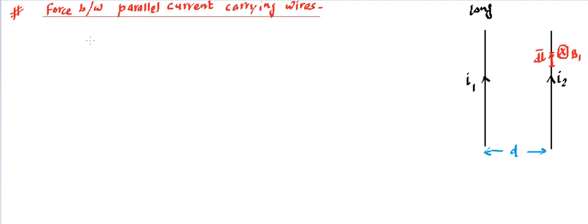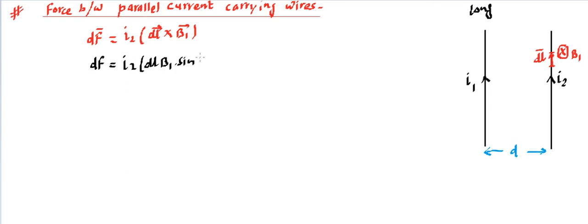So the force on wire 2 is going to be the vector dF, which is equal to I2, the current on the element, into dl, that means current element cross magnetic field because of wire 1. So we need to use this. Now we can simplify this. dF as a vector is equal to I2, the current, and then we simplify the cross product, which is dl into B1 into sine 90, because they are perpendicular, you can see from the picture. Sine 90 is 1, so it's simply going to be I2 into dl into B1.